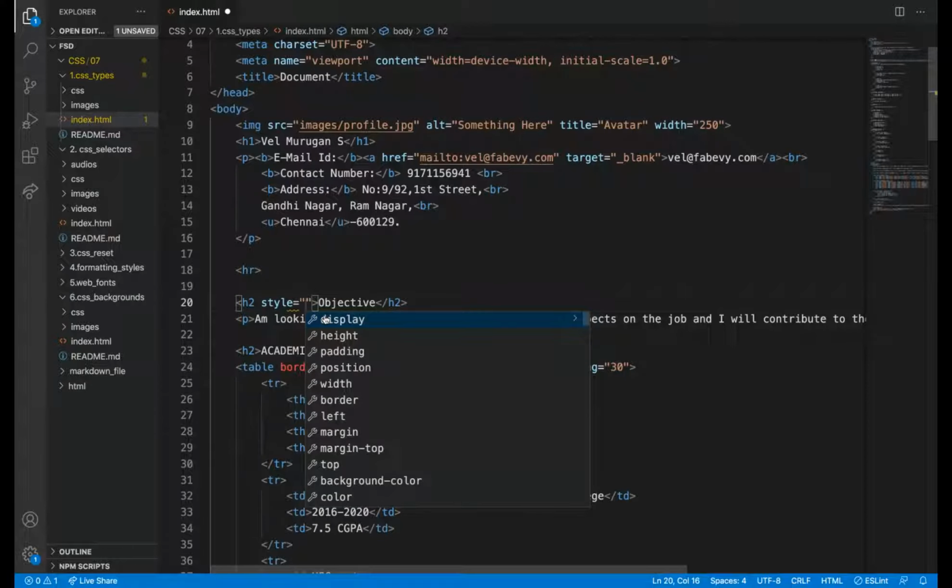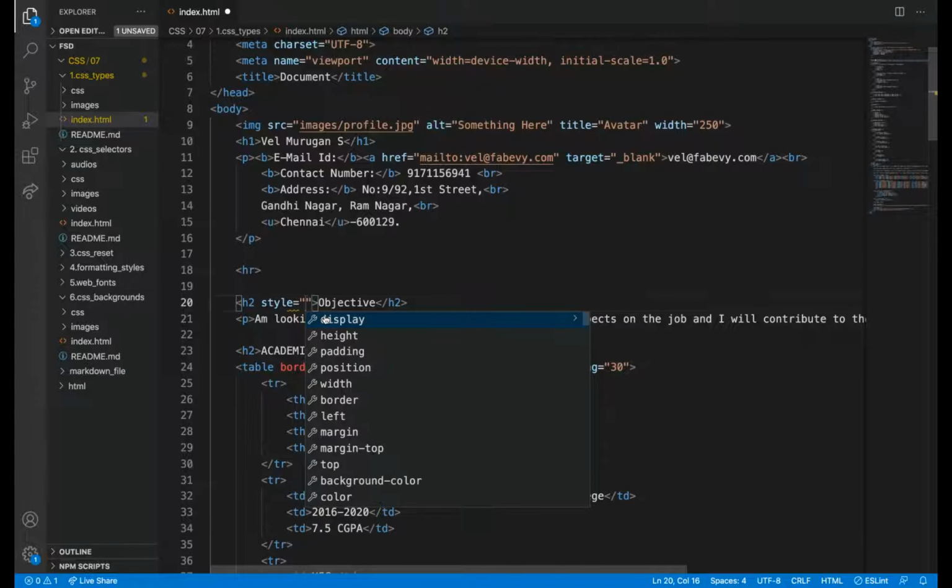This attribute is specific to CSS. Till now we haven't used the style attribute in our HTML. We might have used width and height attributes in HTML, other than that, we haven't. So style is a specific attribute which is used for CSS.